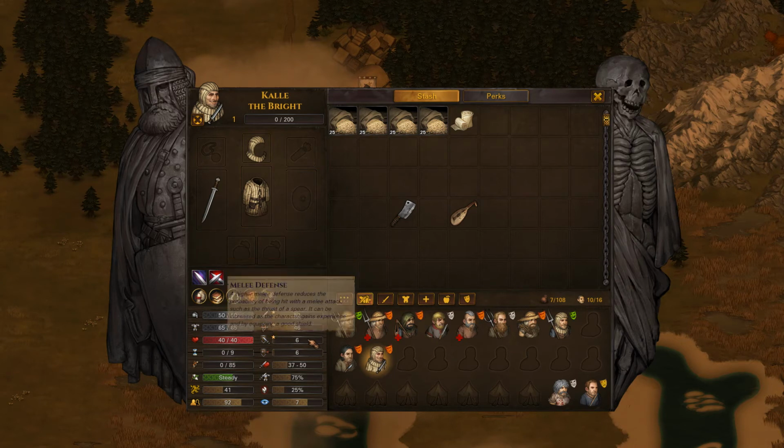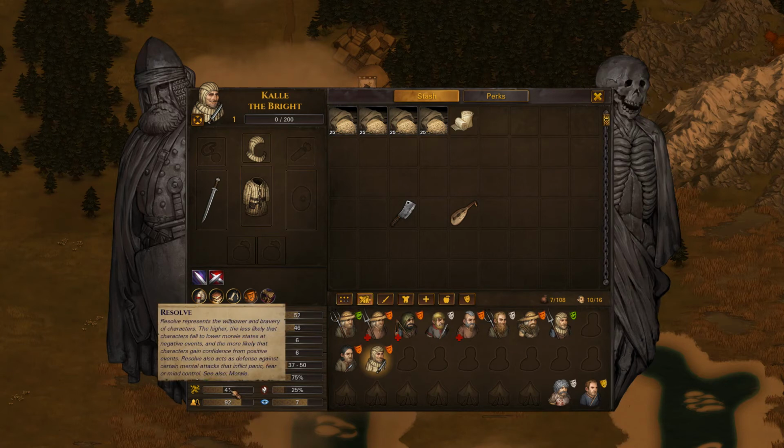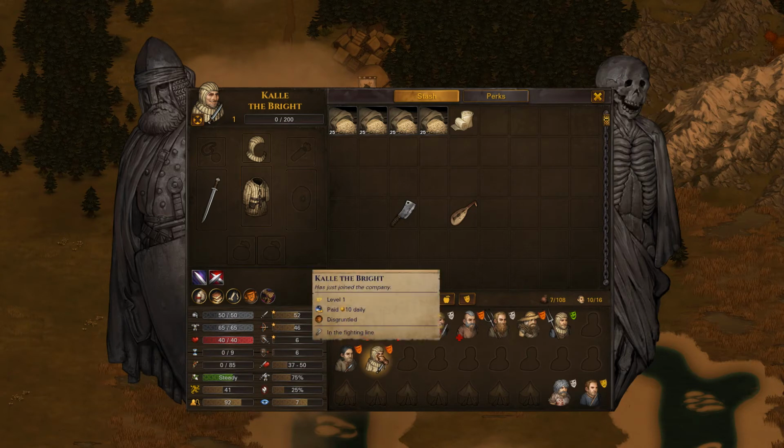Although he does have some defense, which is usually what you want to have for your people in the front line who are getting swung at, right? But if he gets hit, he's just going to get wrecked. Militiamen also have pretty good starting nerve, morale, resolve, whatever they call it in this game. So this guy is a little different